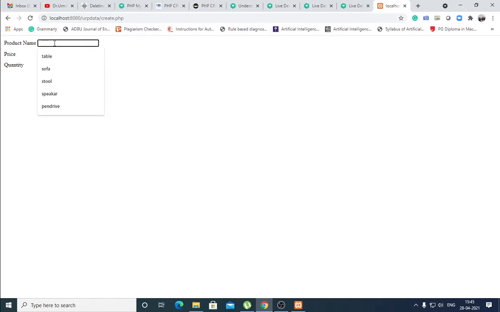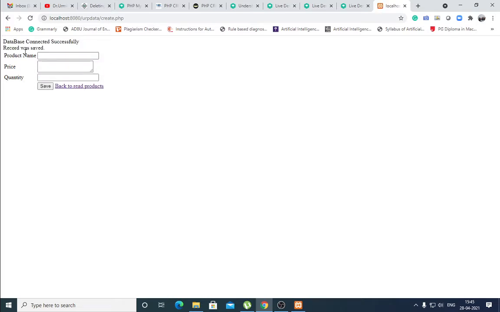Suppose here I use one, comfort chair, price 3000 and quantity 4. Save. Record was saved, database connected successfully, record was saved.